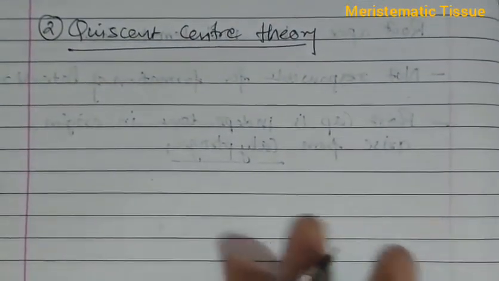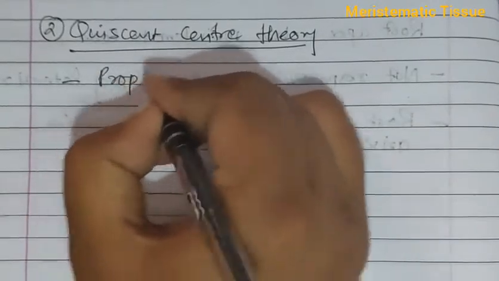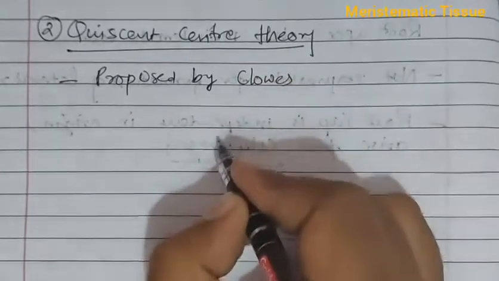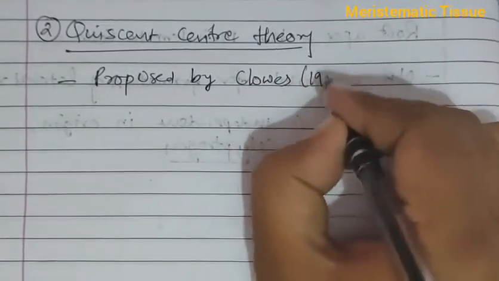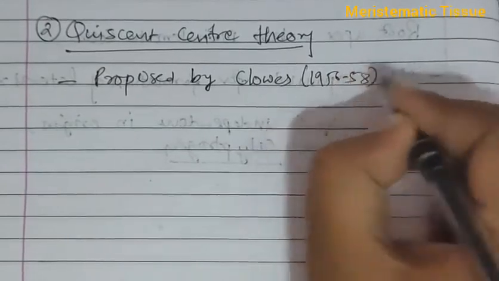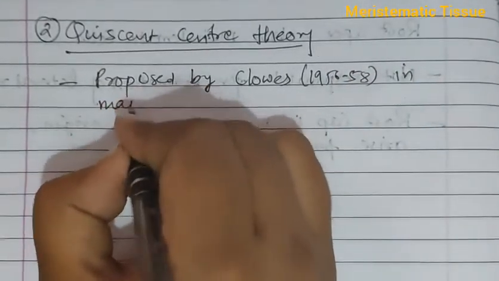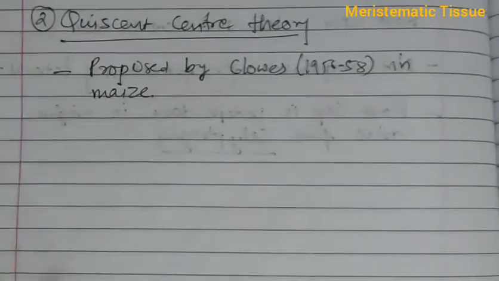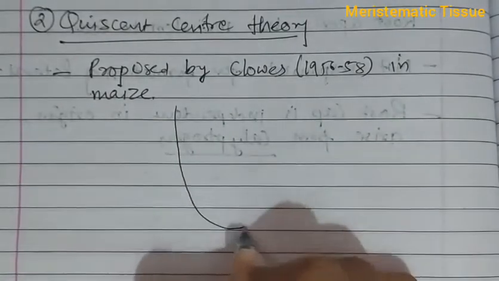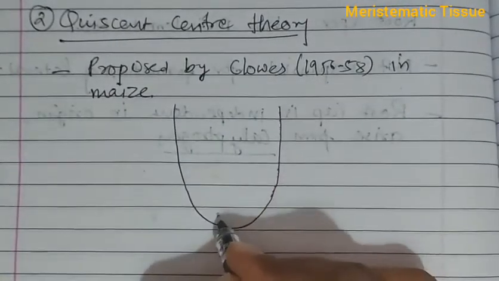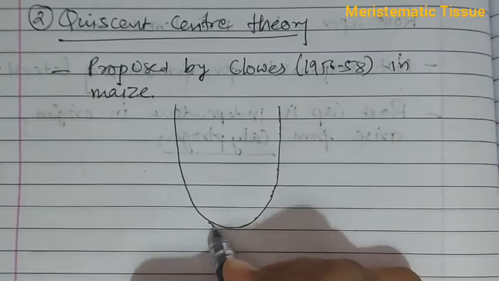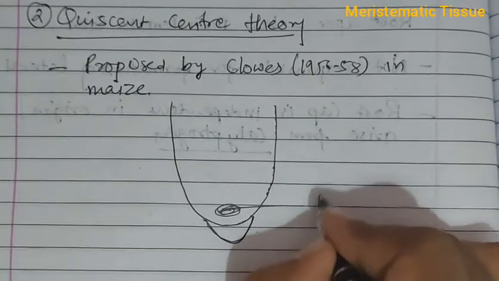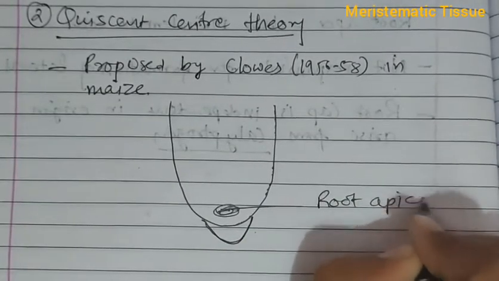Quiescent center theory was proposed by Clowes in 1956 to 58 in maize. What did Clowes say? He said that in a root apex you will find a root cap, and inner to the root cap you will find a root apical meristem,